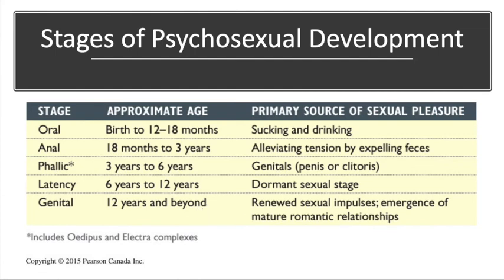And Freud believed that the majority of personality development is pretty much over and done with by the time the phallic stage is set, or basically within the first 5 or 6 years of life. As mentioned, all of the stages are named after erogenous zones in the body and all relate to some sort of source of sexual pleasure, if you will. Oral stage derives sexual pleasure mainly from sucking and drinking. Anal stage from expelling of feces or holding in feces.